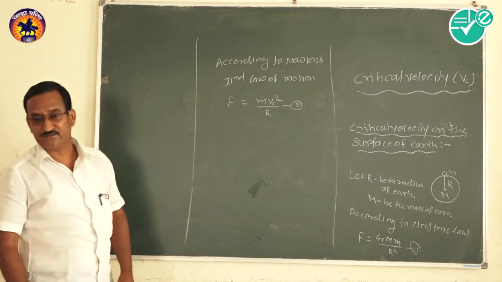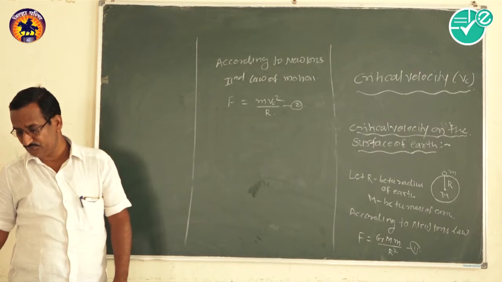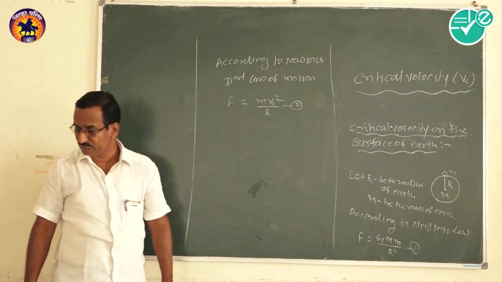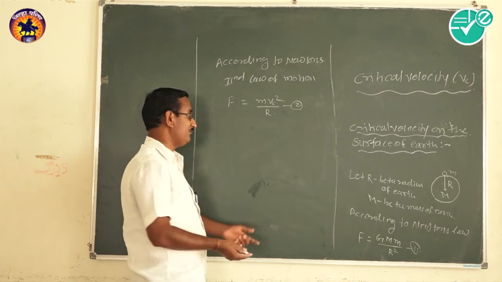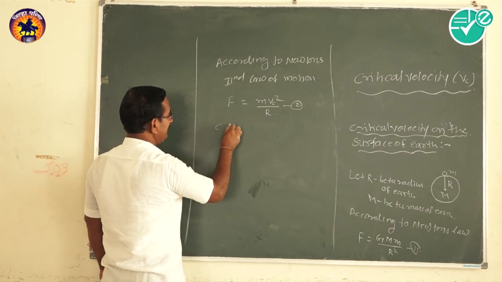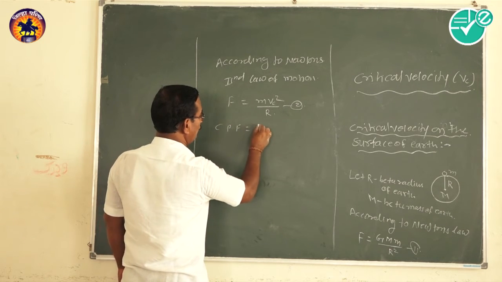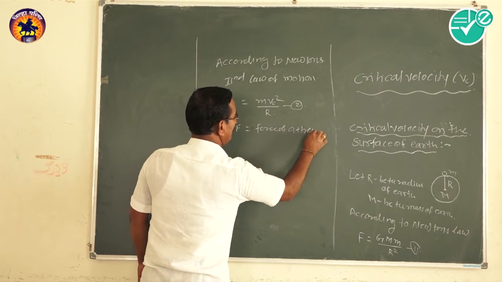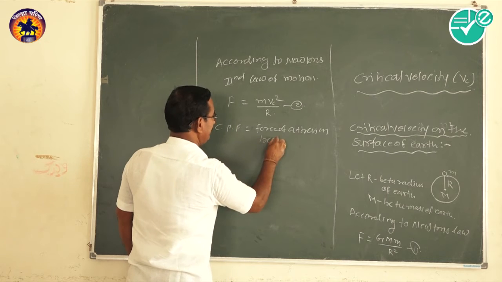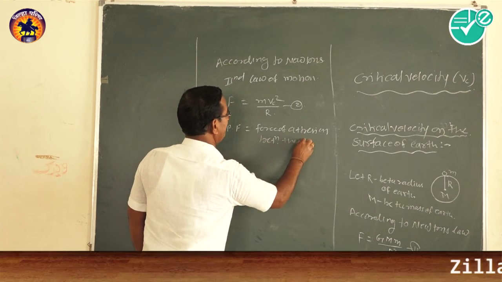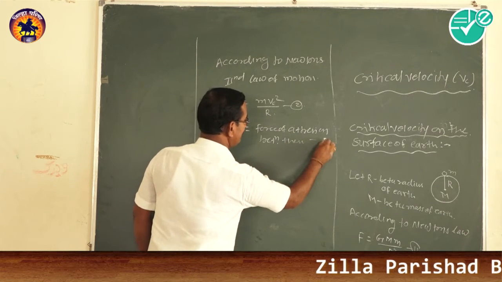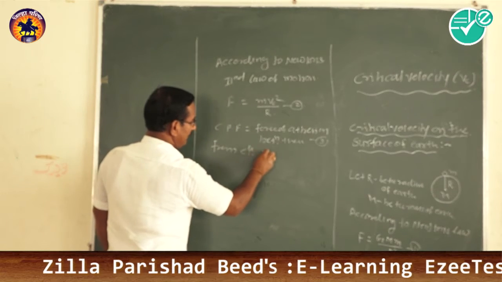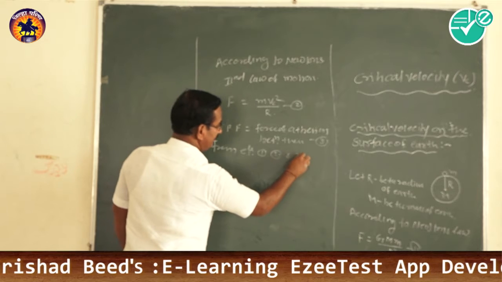But for the circular motion of any body around the Earth, the centripetal force is required. That is, centripetal force is equal to the force of attraction between them. That is equation 3. Then from equations 1, 2 and 3 we get